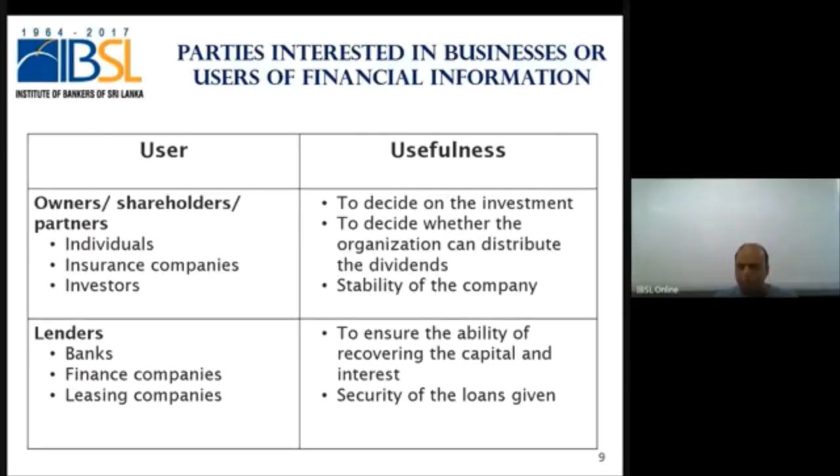Now from the bank's perspective, what do I look for? Whether this ABC company is capable of paying me back the capital that I have given and the interest thereon which I have already decided. So that is the first point, to ensure the ability of recovering the capital and interest. Now, how do I decide? I need to go and look at the financial statements of ABC company,